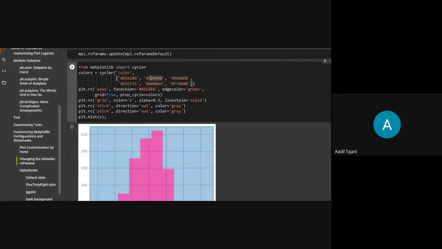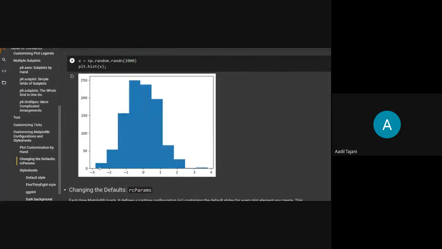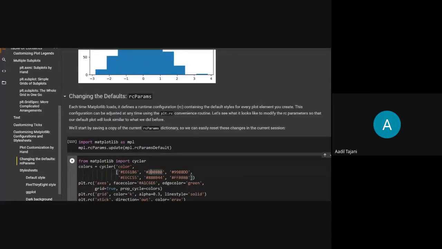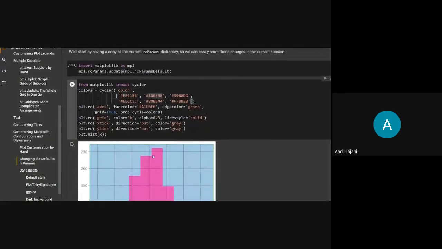Okay. Now using plt.rc, as we saw here, RC parameters. Using plt.rc, you can change those default values. Now I want to change the parameters of these axes, the black box that we see here. I want the face color to change.